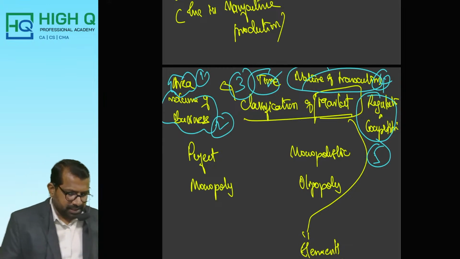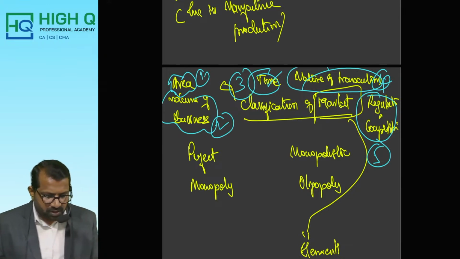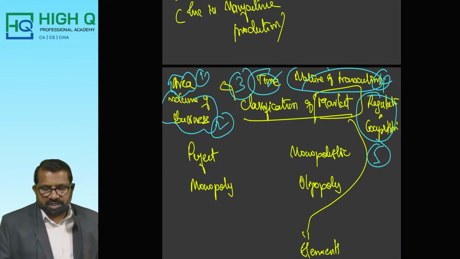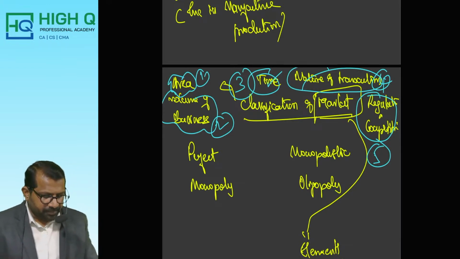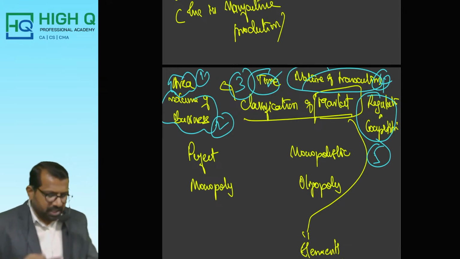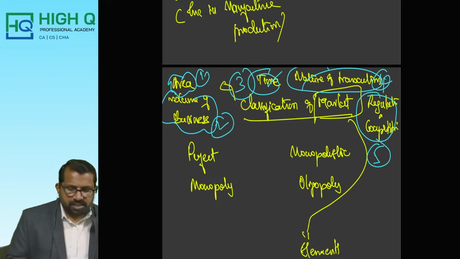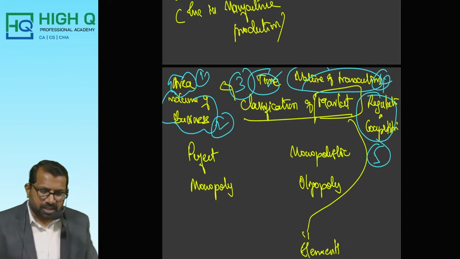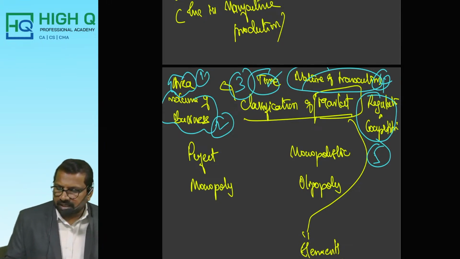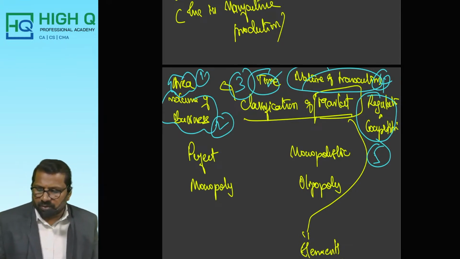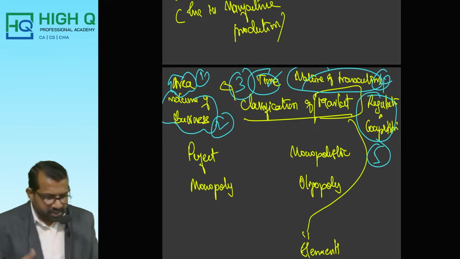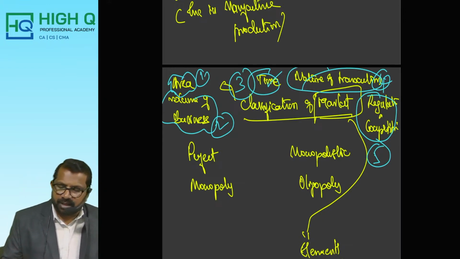Nature of transaction. So area, as I told, local, regional, national, international. Then volume of business: wholesale business, retail business. Then for time: very short period, long period and very long period. Then nature of transaction: on the spot, spot market. Contract on a future basis comes under the future market. Regulated market has a statutory body, for example SEBI is a statutory body, and comes under regulated market. If there is no restriction, then it is called an unregulated market.